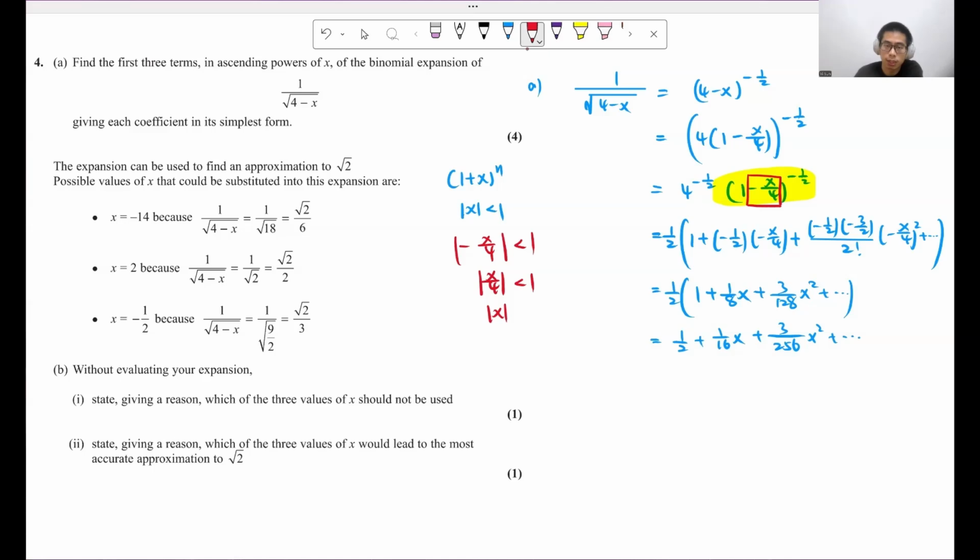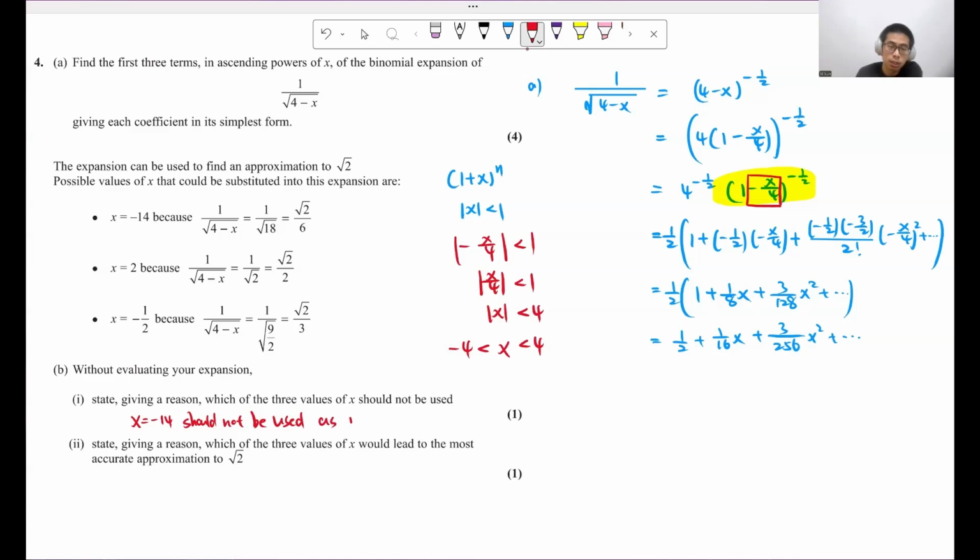So mod x has to be less than 4 if we multiply by 4 on both sides. That means x has to be between -4 and 4. Therefore, -14 cannot be used. So for B(i), x equal to -14 should not be used,